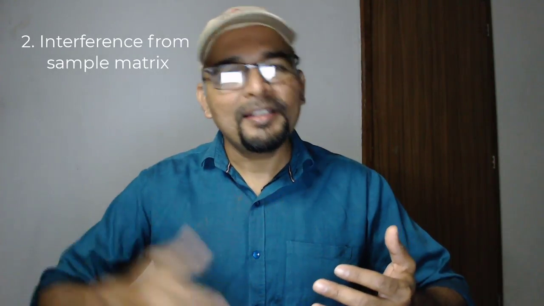The second important challenge the scientist has to face is the interference from the sample matrix. Now, to enhance the response, we are also going to increase the sample concentration, and because of this, your sample matrix is definitely going to interfere with the quantification of your compound of interest. And the third could be the extraction, because as the sample matrix is very high, that could result in very poor extraction. So out of these three challenges, in this video I am going to help you solve one challenge, that is minimizing the sample matrix.